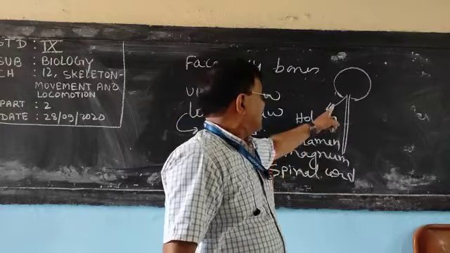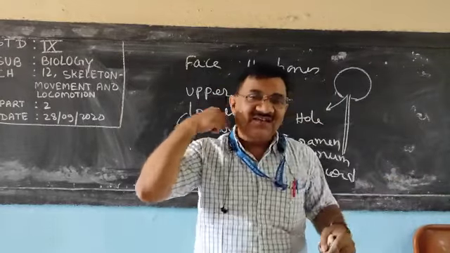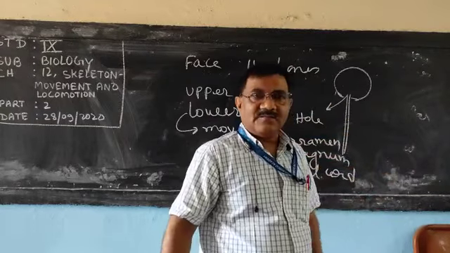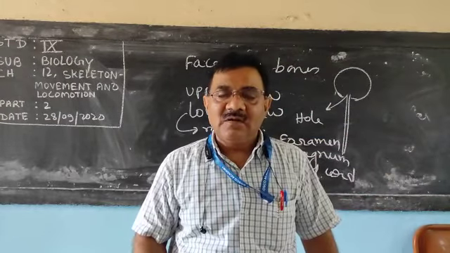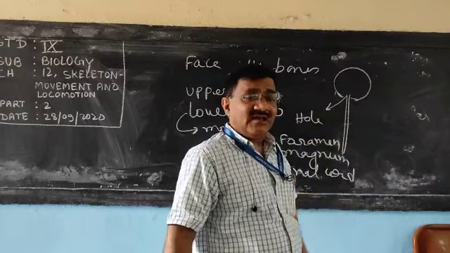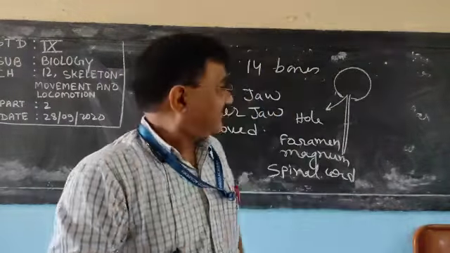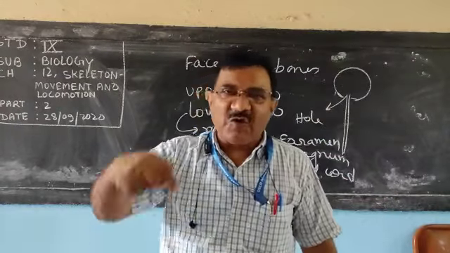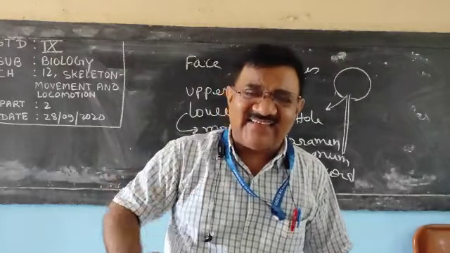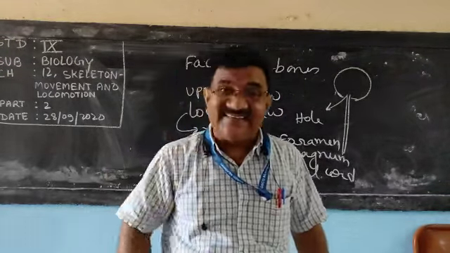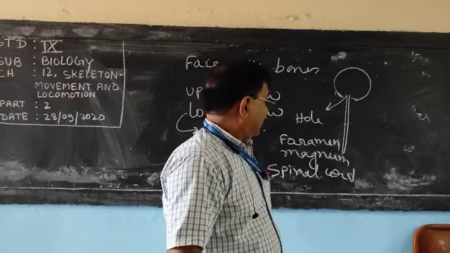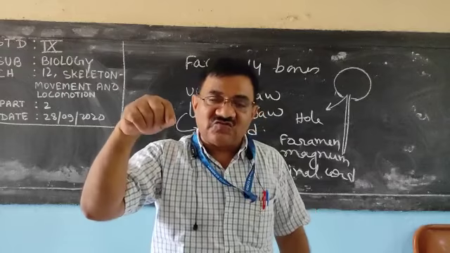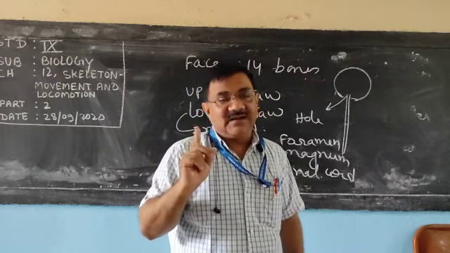Try to understand: this hole, on which the head is fixed to the vertebral column, the backbone, is where the spinal cord runs from the brain to the vertebral column. Inside the vertebral column, one thread is there, in your backbone. That thread is the spinal cord, and it comes from the brain and goes to the last part of the vertebral column.